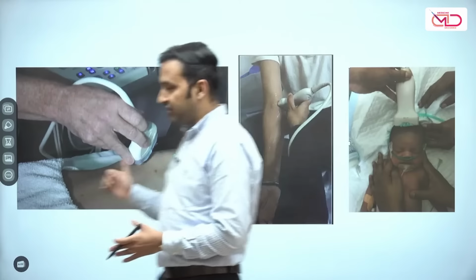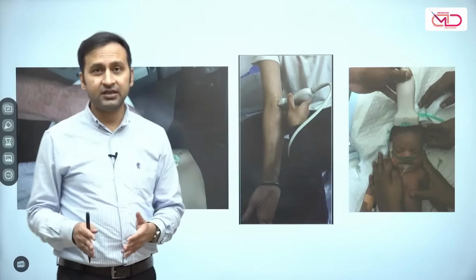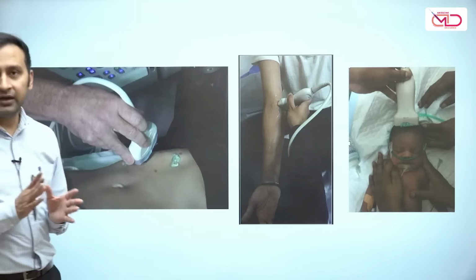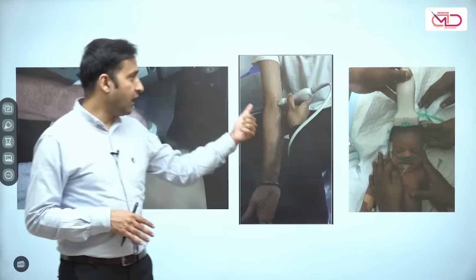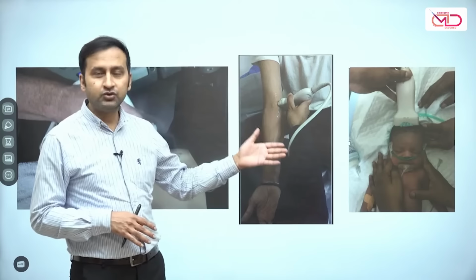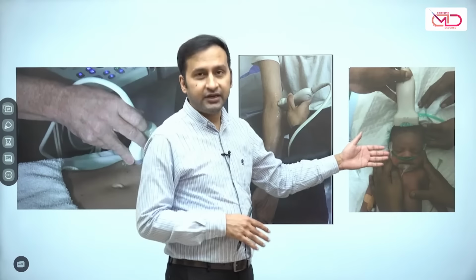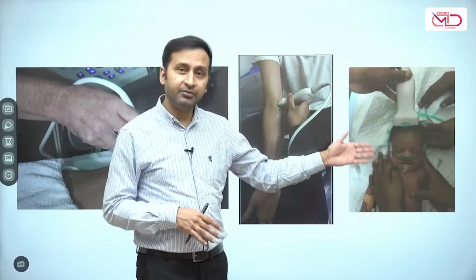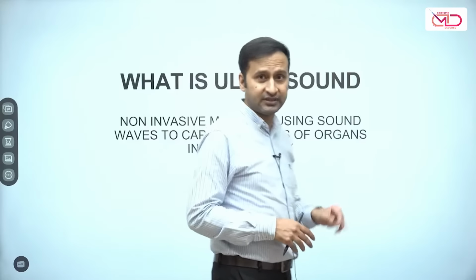Now, why I put three images is that most of you might think ultrasound is used only for the abdomen and for pregnancies, but that is not true. Ideally, any soft tissue of the body can be imaged exquisitely well by using a normal sonographic machine. In this particular image, ultrasound of the arm is being done, in which you can evaluate not only fluid-containing structures, you can also see the soft tissues, nerves, muscles, everything. And you'll be surprised to know that in neonates, ultrasound can be used to see even the brain. Why ultrasound can be used in neonates for the brain and not in adults, we'll discuss in our subsequent lectures.